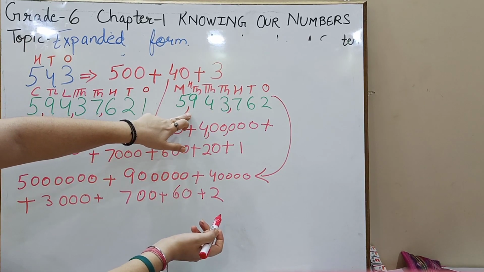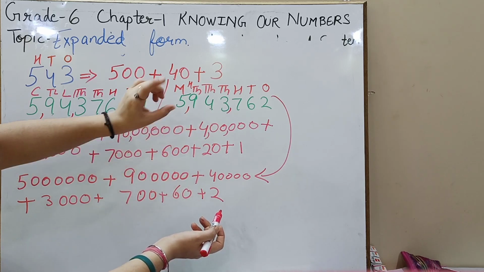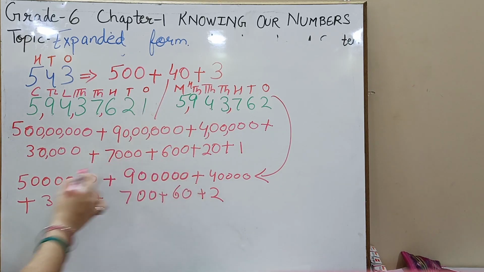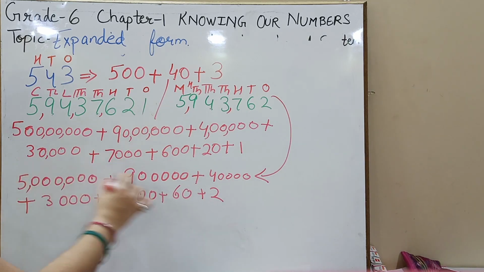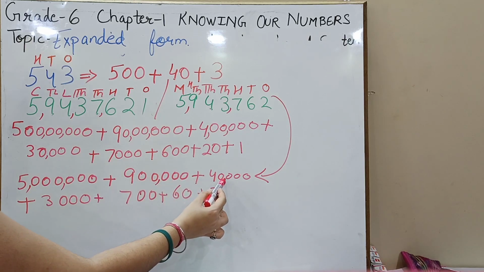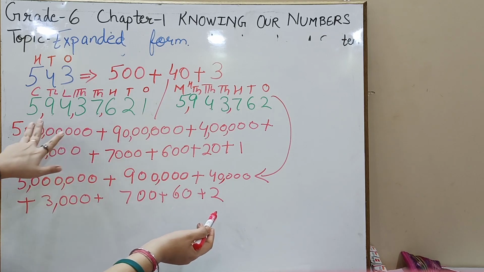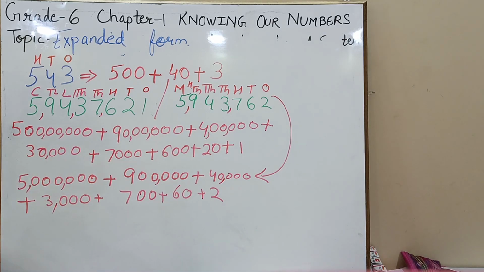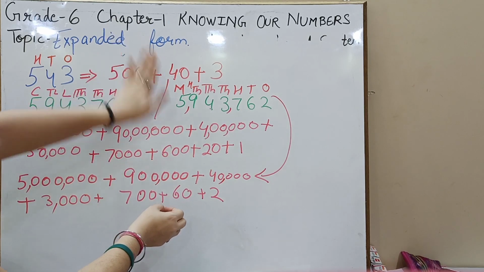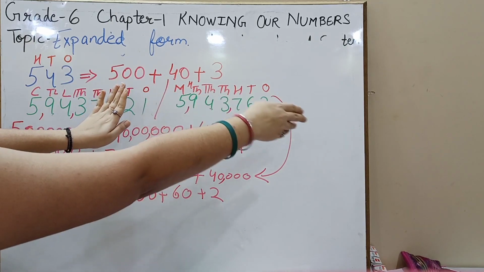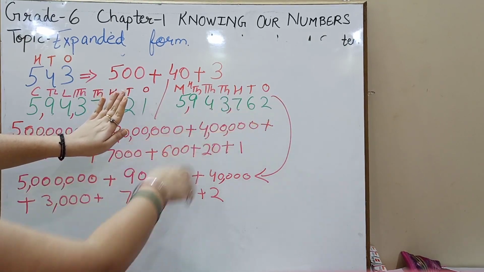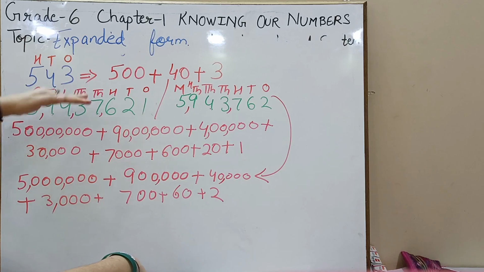Now we are going to see that between both the numbers there is only one difference: we are going to place the commas in a different way. Here we place the commas at 3, 3 distance, not 2, 2 distance, not 3, 2, 2. So when you are expanding the numbers, it's very simple. Place the one number and put the zeros according to the given numbers. So this is how we are going to do expanded form.